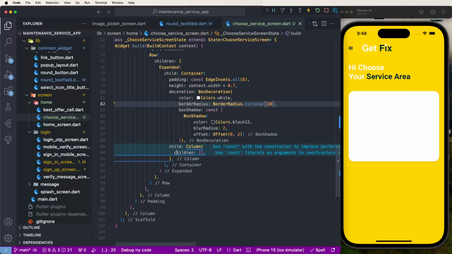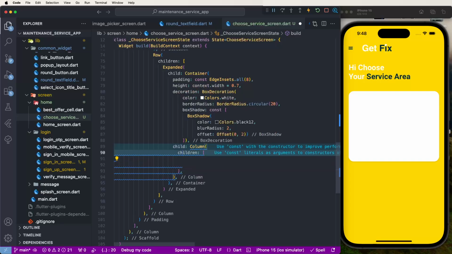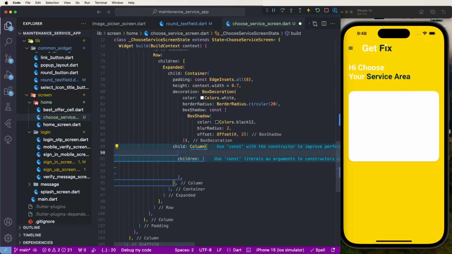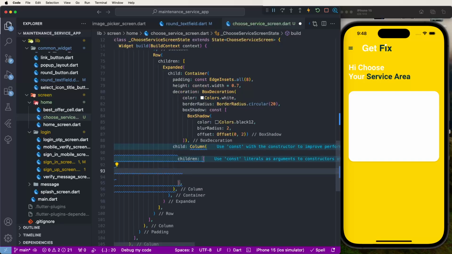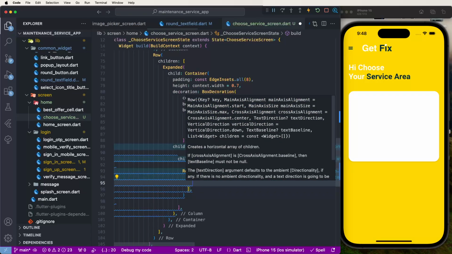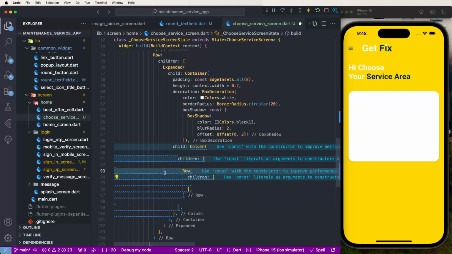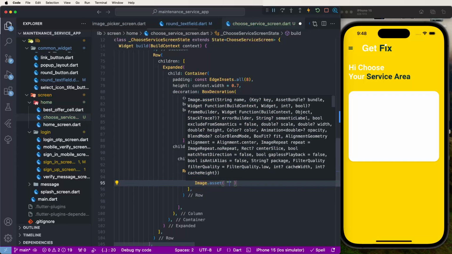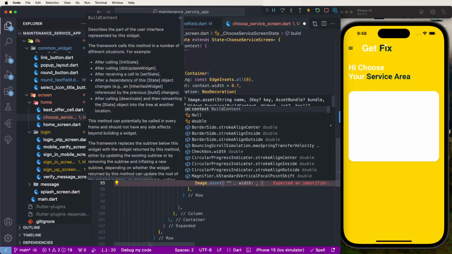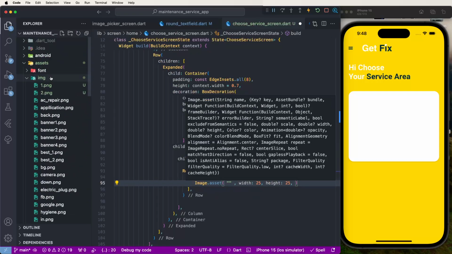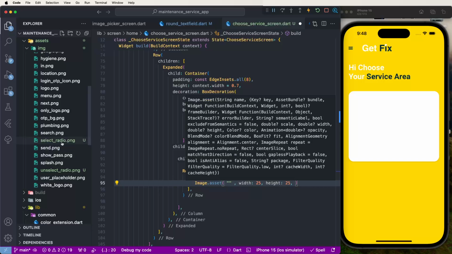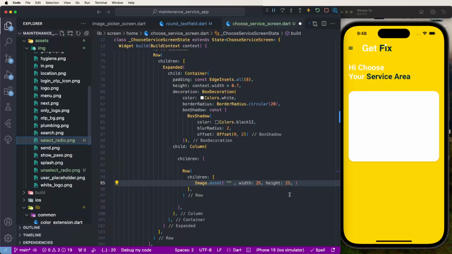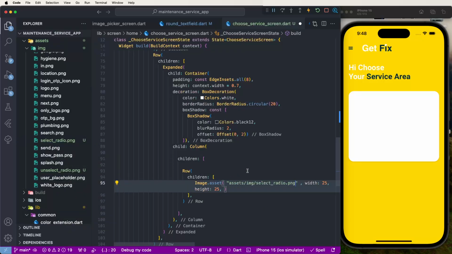And now we need to develop this. First of all the cross axis alignment, maybe I need to set a Row, create an Image.asset. Now we need to set the width and height to 25. Now we need to give this the radio icons. Now we need to copy the relative path, paste it here,